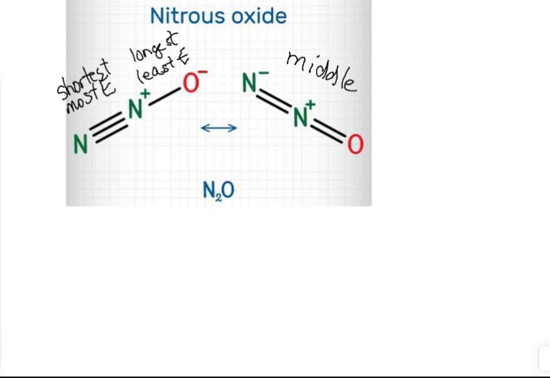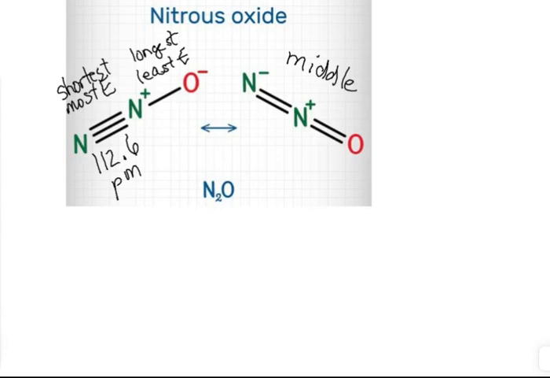So when you do actual experimentation on these, you get that the nitrogen-nitrogen bond is not as short as a triple, and it's not as long as a double. It's somewhere in between. And this is what resonance is. So if you measure that bond length with a piece of measurement equipment, you get 112.6, which is between a